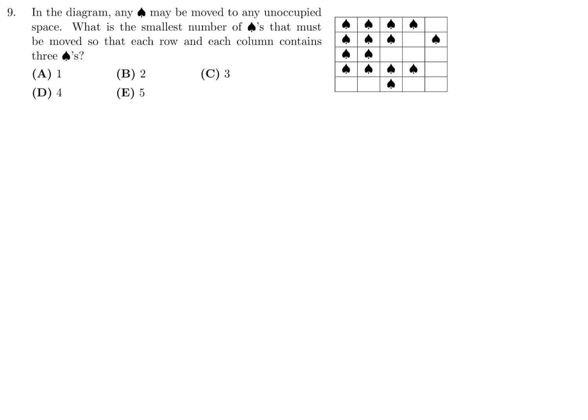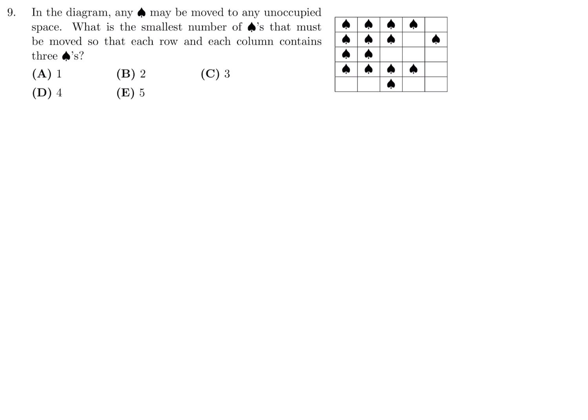In the diagram, any spade may be moved to an unoccupied space. What is the smallest number of spades that must be moved so that each row and column contains 3 spades? The approach to this question is to look at columns and rows that share a common spade and are more